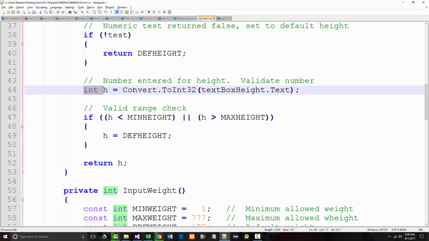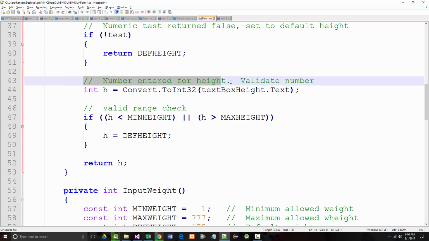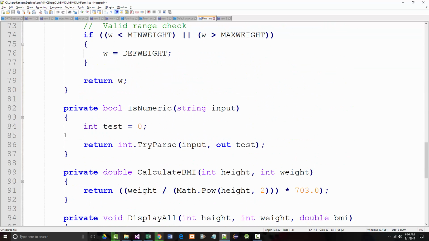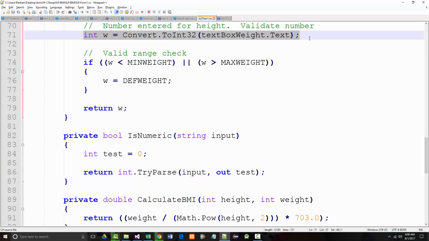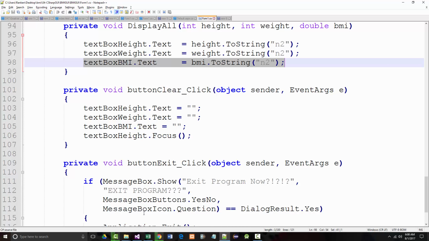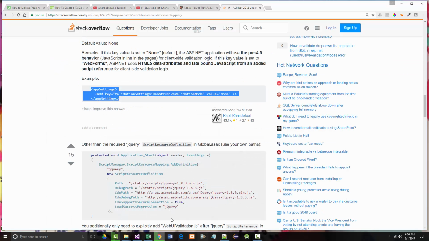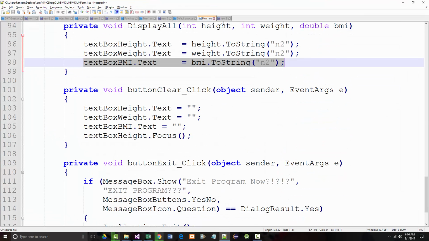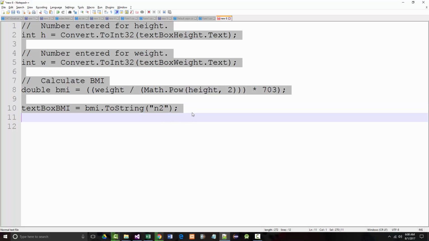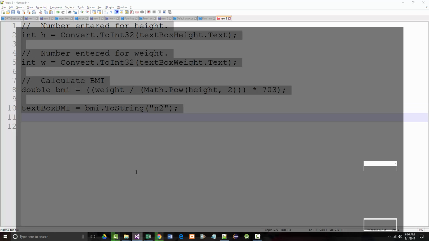So the only thing I grabbed out of here was this line, which is going to give me the number for the height. This line, which is going to give me the number for the weight. And then actually doing the BMI itself, and then setting the text accordingly. Now I'm hoping that's all I need. So in other words, my code goes down to something that is just this small, right here. Alright, so I'm going to grab all that, copy it to the clipboard, go back to my code window,